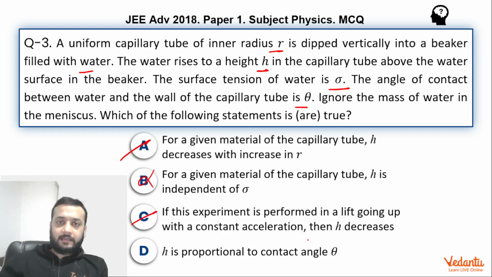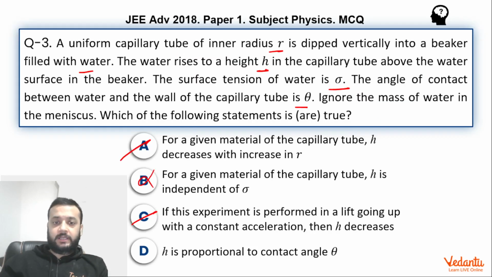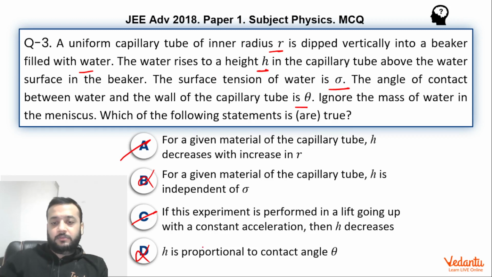h is proportional to contact angle theta. Okay, so this is wrong because h is not proportional to theta. h is proportional to cos theta. So this is wrong. Okay. Now two interesting observations. Let me tell you. Many students got this wrong because they marked option D correct. Why? They were not careful enough. They thought that h is proportional to theta. Of course, this is a careless error, not a very conceptual one. They thought that this is satisfying a y equals mx sort of equation, but we should realize that h is not proportional to theta. h is proportional to cos theta, right? So this will be wrong.